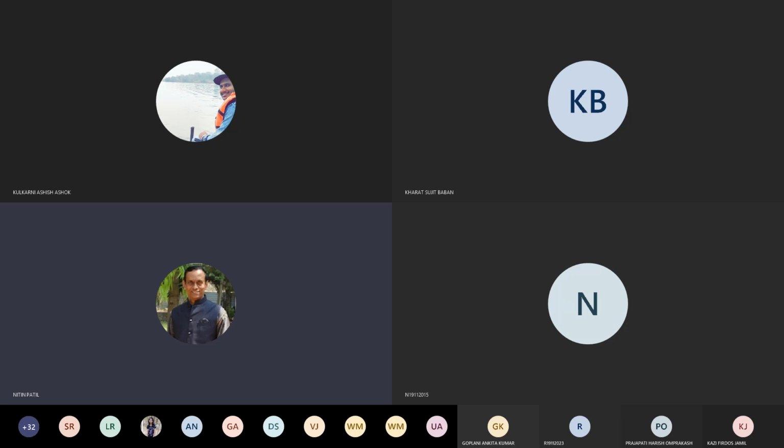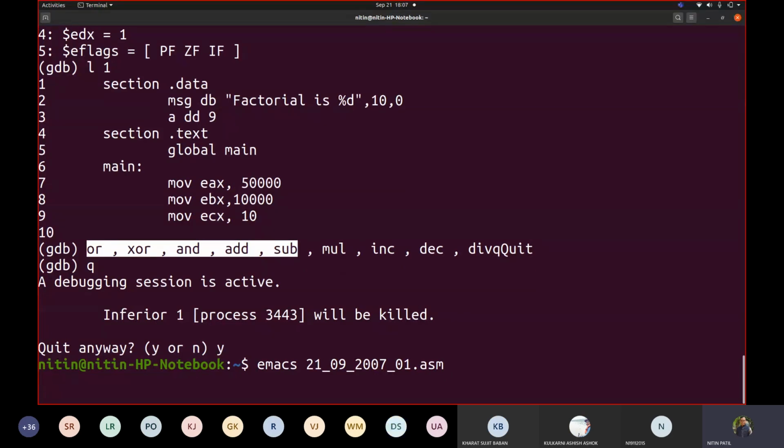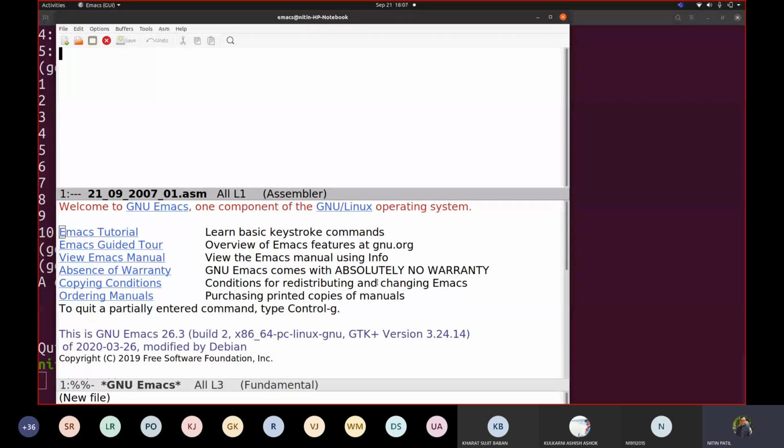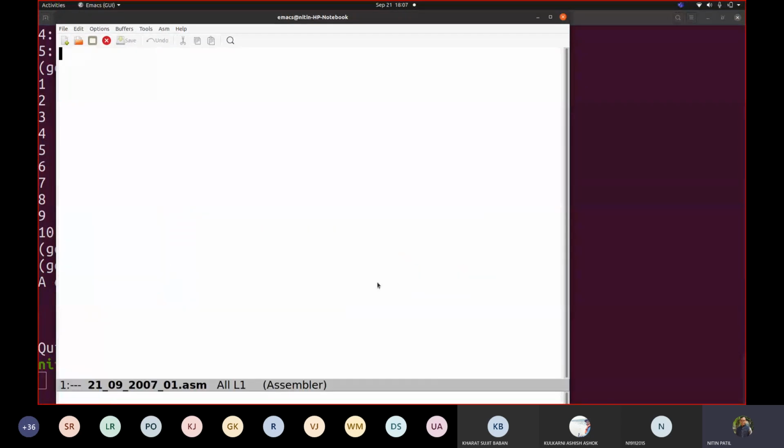Okay, good. So we will work with this code now in today's session, where I will try to write code which will contain a few more instructions which we might not have seen earlier. These instructions will be used by you for some specific purposes. So let us write first section .text.